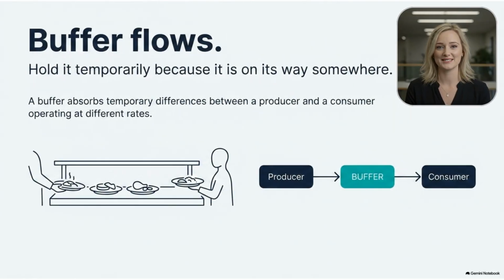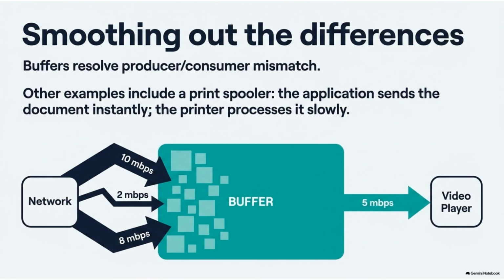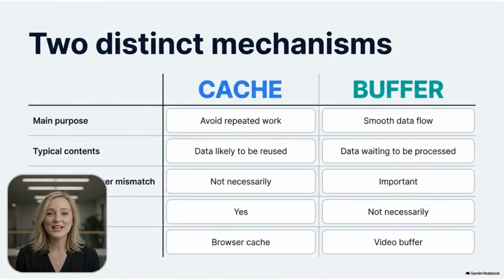Buffers serve a different purpose. They hold data temporarily while it is in transit. This absorbs rate differences between producers and consumers. Buffers smooth out mismatches. For instance, a print spooler holds documents so that a fast application doesn't have to wait for a slow printer. In summary, while caches are for avoiding repeated work and expecting reuse, buffers are for managing